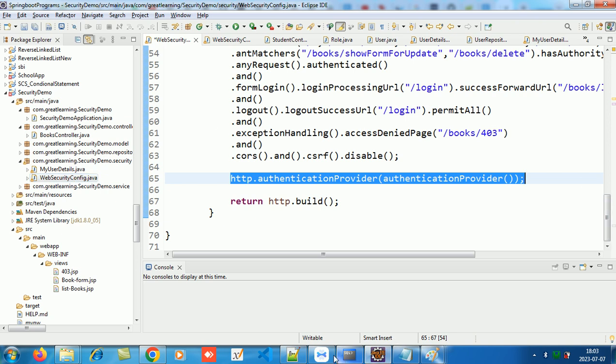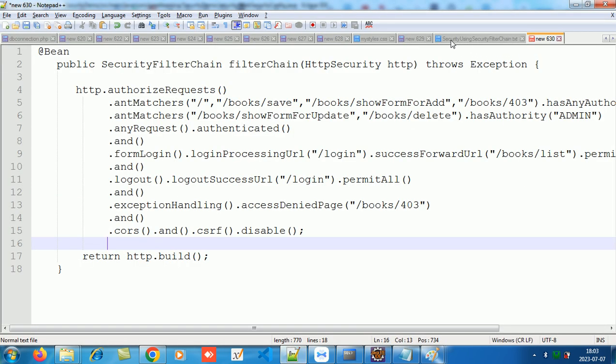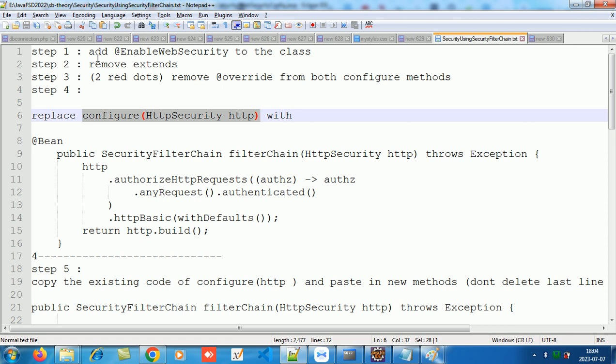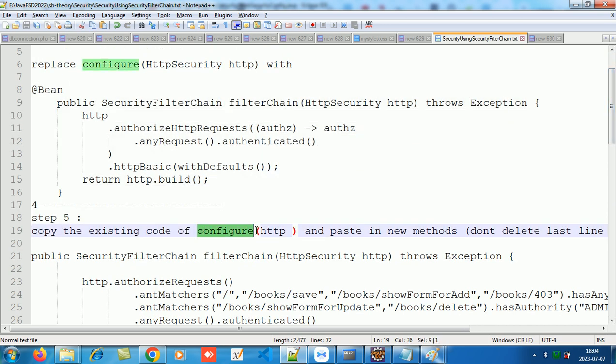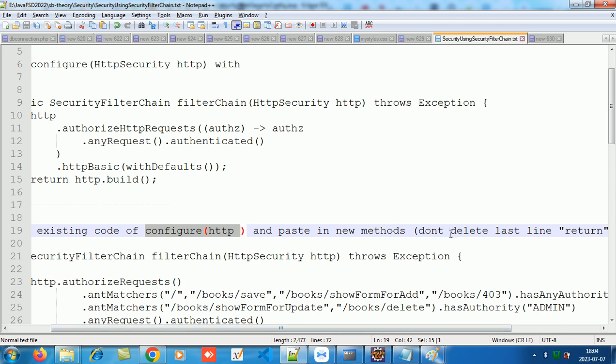तो देखो, I'll show you the steps. फर्स्ट स्टेप क्या है? Add what? Enable web security. फर्स्ट स्टेप। सेकेंड स्टेप, remove extents. थर्ड स्टेप, जो दोनों ओवरराइड्स थे कॉन्फ़िगर के, दोनों को निकाल दो, ठीक है। फिर जो कॉन्फ़िगर HTTP सिक्योरिटी है, उसको ये पेस्ट करो। और फिर जो तुम्हारा एग्जिस्टिंग कोड है कॉन्फ़िगर का, उसका कोड लोअर पेस्ट कर दो इधर। बट डोंट डिलीट द लास्ट लाइन,